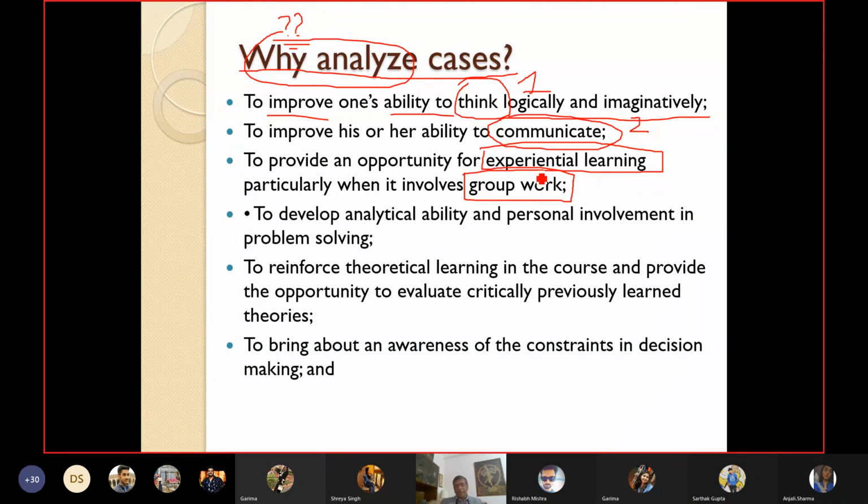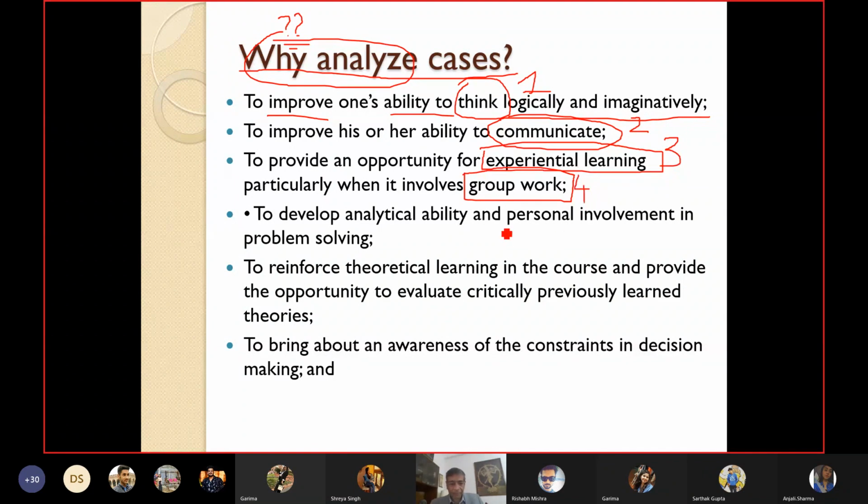You need to look at interpersonal group dynamics. The case is divided into many parts. Each member of a group looks at one part and comes out with solutions and ideas and problems. So it improves one's ability to think better, to communicate better, to learn better with group